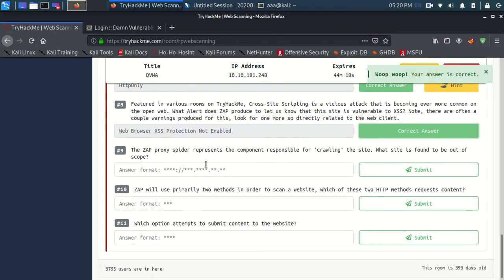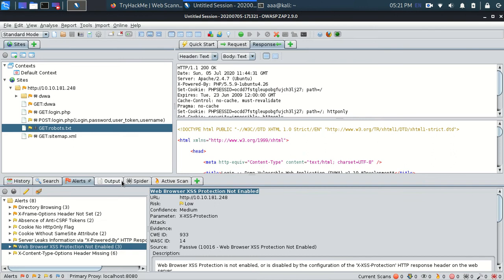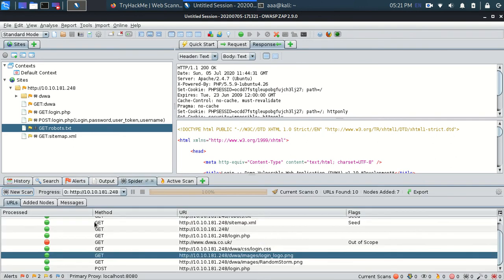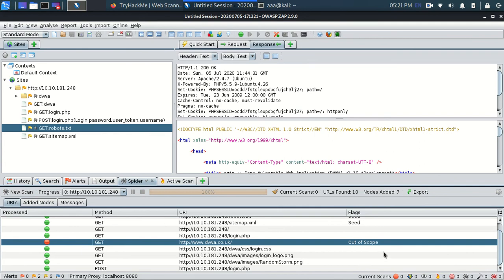The ZAP proxy Spider represents the component responsible for crawling the site. What site is found out to be out of scope? Okay, so we'll go to Spider. You'll see everything is green, but one is red. You can even see in the flag that it is out of scope. So this is that site which is out of scope.